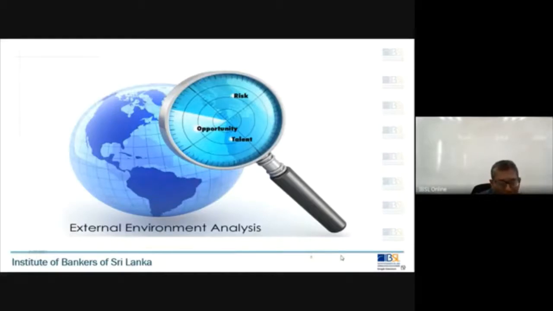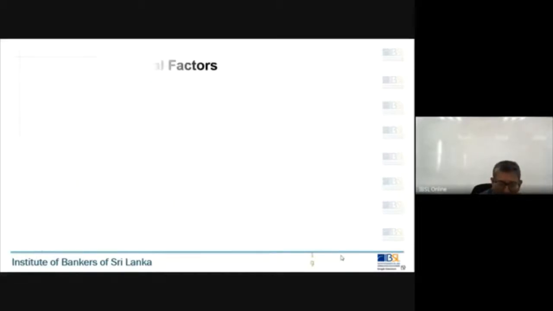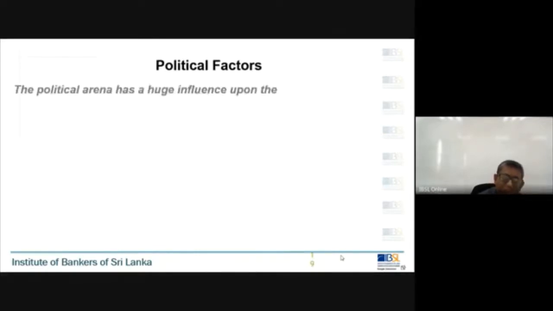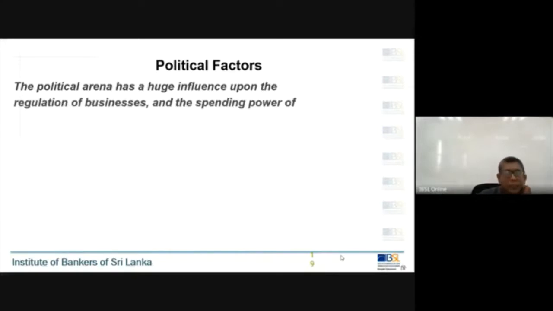Right, now we move on to external environmental analysis. First, we'll take the PESTLE factors. We take the political factors. The political arena has a huge influence upon our businesses, the regulation of businesses, and the spending power of consumers and other businesses. Now, for example,